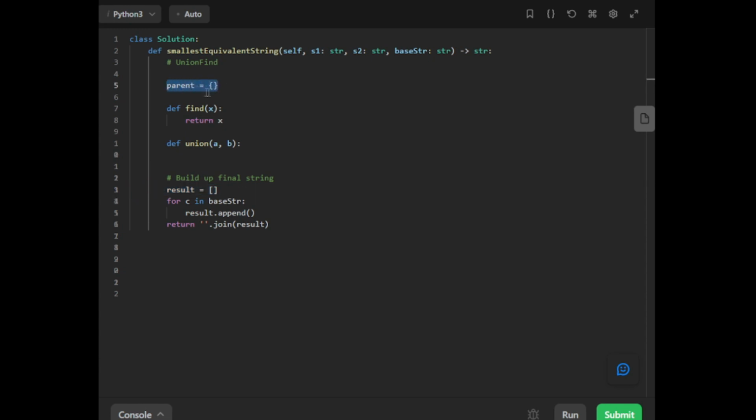This hash table is going to pair up letters from one of the strings with the lexicographically smallest letters in the other string that it's equivalent to. So it is from this table that we're going to be appending to our result from. So within this append, I'm going to say parent, and then we'll call the find function from here with C